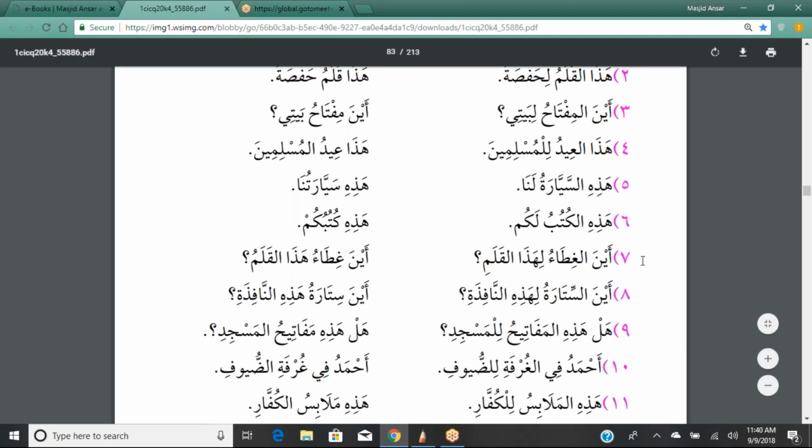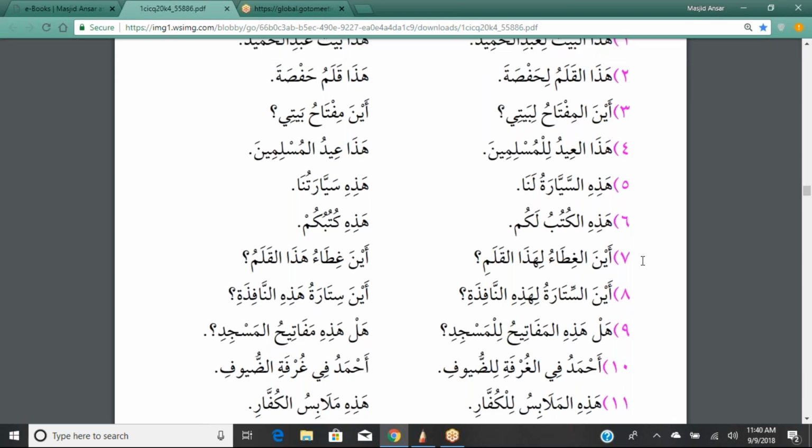طيب, number 7. أين الغطاء لهذا القلم؟ Where is the cover to this pen? الغطاء. غطاء is a cover for a pot, cover for a pen. أين الغطاء لهذا القلم؟ Where is the top to this pen, for this pen. لهذا القلم. Okay, let's look at the next one. أين غطاء هذا القلم؟